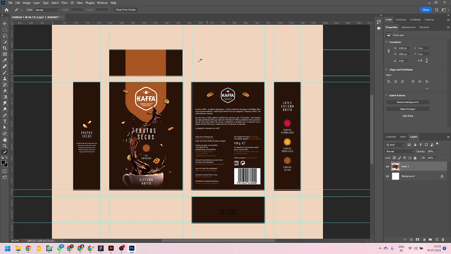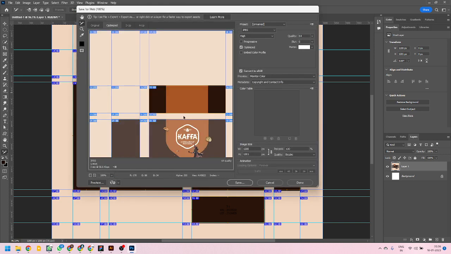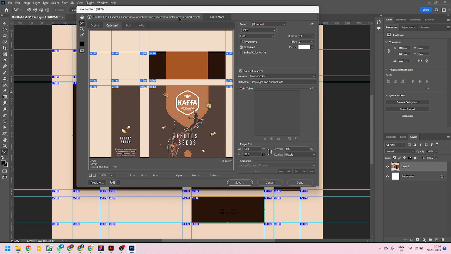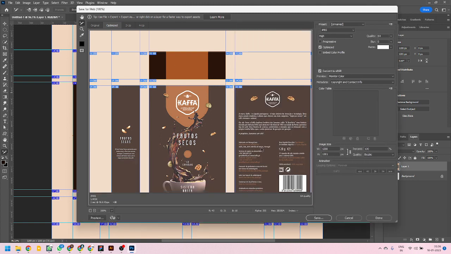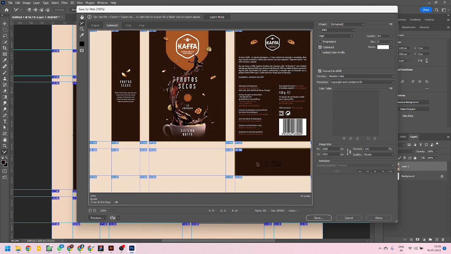So slice tool, make sure that the guides are there in place, and then you have this option, slice from guides. You click on that, it makes the slices for you. Amazing, right? And then all you have to do is click on slice select tool and click on these. You can hold shift, select these, and then press Control Shift Alt S on the keyboard, which will bring out the save for web dialog box. And from here, I think I'll have to select here. That did not work. So I'm holding shift and selecting all the